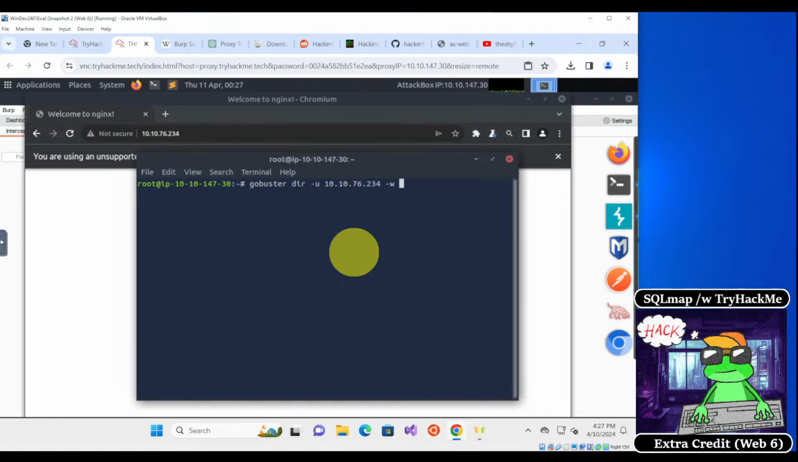And this is how we discover what endpoints are available on the web server. A very popular file with different directory names is located by default at /usr/share/wordlists/dirbuster/